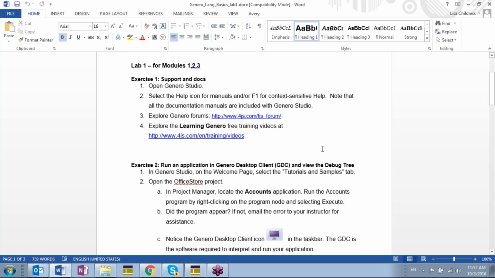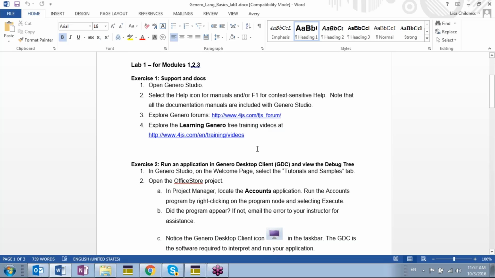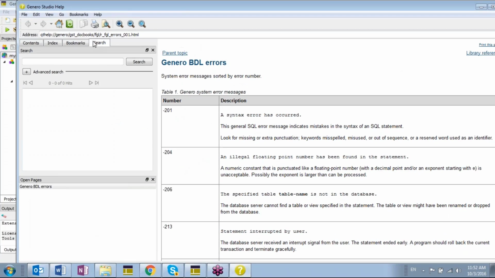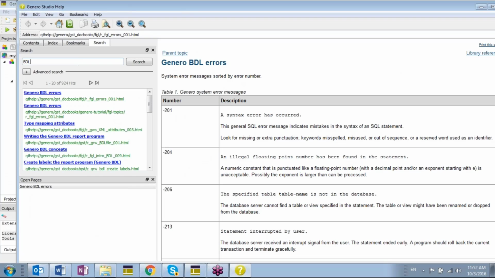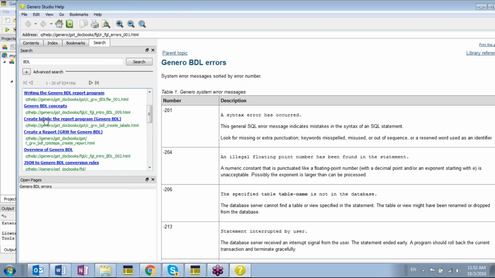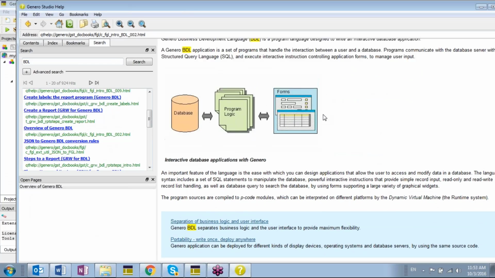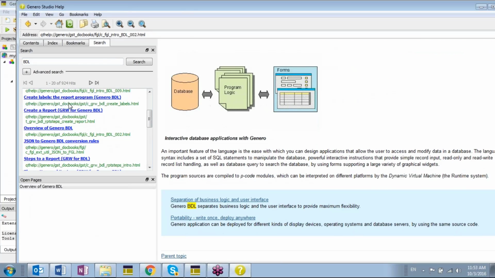So the first exercise is just getting familiar with the help and the documentation. We've got this help icon over here. We've got the help menu option up here. I think our help is pretty good. You can do searches. Just search for BDL. And you can get an overview of Genero BDL, and you can learn all about the Genero language from that